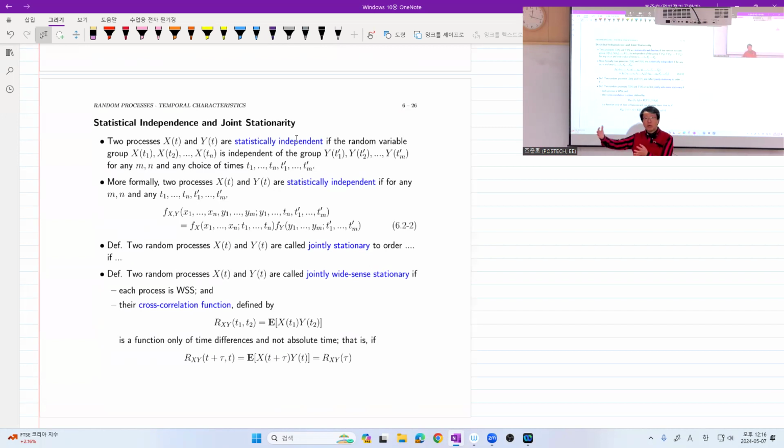We combine our previous experience for the two random vectors and Kolmogorov's theorem. Here again goes the greatness of Kolmogorov's idea. So what we do is we just sample: we take any finite number of random variables from the X process, and we take any finite number of random variables from the Y process, and if their joint CDF factors, then they are independent. What about three random processes being independent? Again, you combine your experience of handling three random vectors and Kolmogorov's extension theorem.